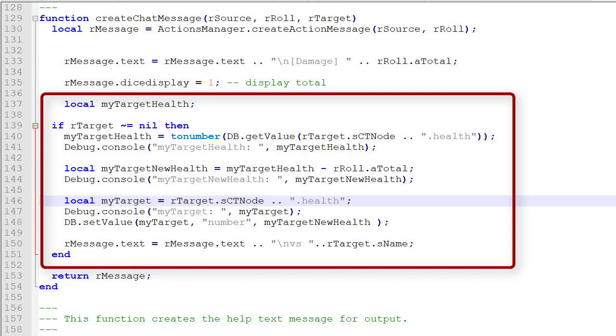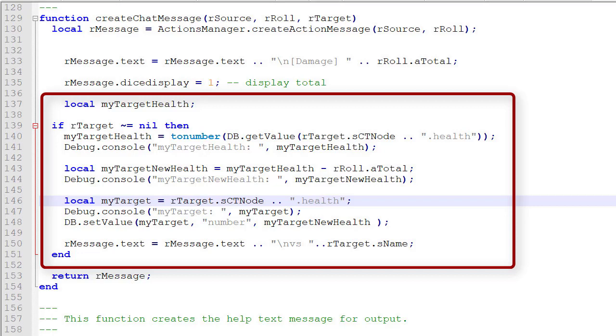So we're doing a db.getValue, and it'll return a string. So we're doing a toNumber on it, and so we're obviously saving a number. In this case, the giant ant has a health, or hit points, but it's health in the database of 14. So that will basically recover 14, and to confirm that, we'll do a debug.console myTargetHealth, and that will return 14